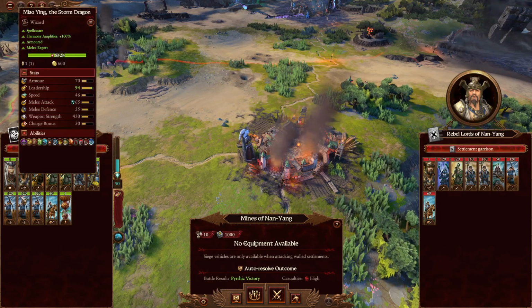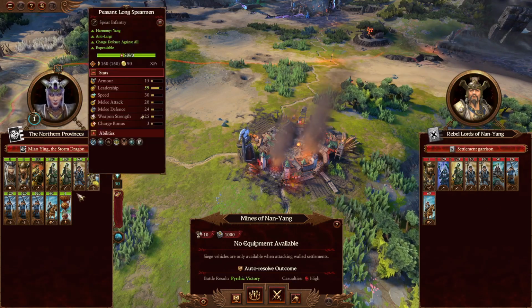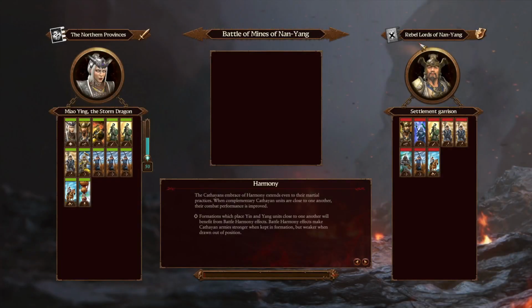The auto battle is a little bit wonky yet. I think they are working on it, so it's fine. Pyrrhic victory high, we are not gonna be able to carry those losses, so we have to fight it, and we will still have a decent amount of losses, and the reasons are...